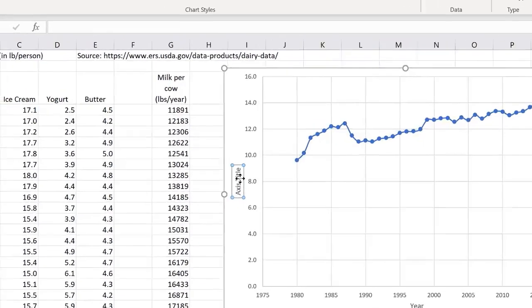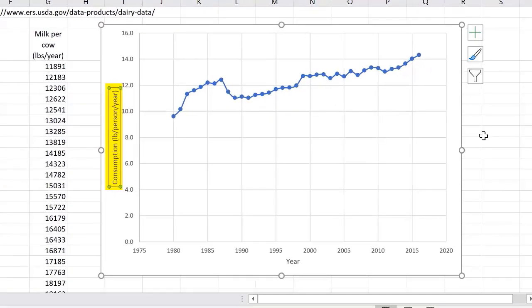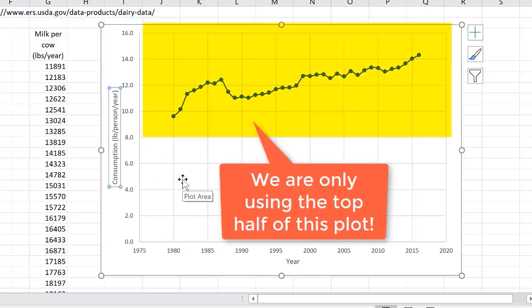I'm going to change the y-axis title to consumption in pound per person per year, and I press enter, and we've labeled that axis. So this would be a nice scatter plot. You notice that we're only using the upper half of this scatter plot. You can change the scale here. Maybe we want this to start at